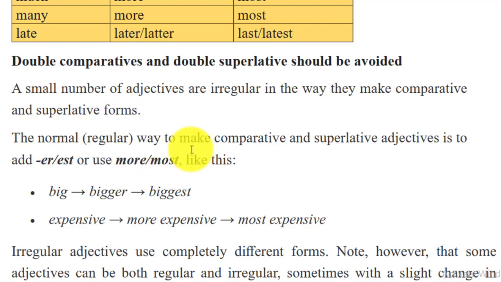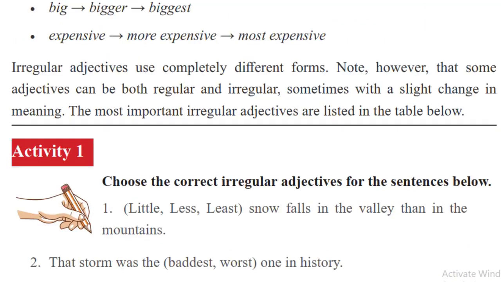The normal regular way to make comparative and superlative adjectives is to add -er or -est, or use more or most, like this. እንግዲህ ሁለት ነገር er ካስገባችሁ more አትጠቀሙ ማለት ነው። more ካስገባችሁ er አትጠቀሙ። most ካስገባን est አንጠቀም ማለት ነው። double ነገር መጠቀም አይጠበቅብንም። big, bigger, biggest; bigger ብለን more big ነገር አንልም ማለት ነው። already er comparative ያሳያል፣ est superlative። expensive, more expensive, the most expensive ብለን እንገልጻለን። Irregular adjectives use completely different forms የተለያዩ